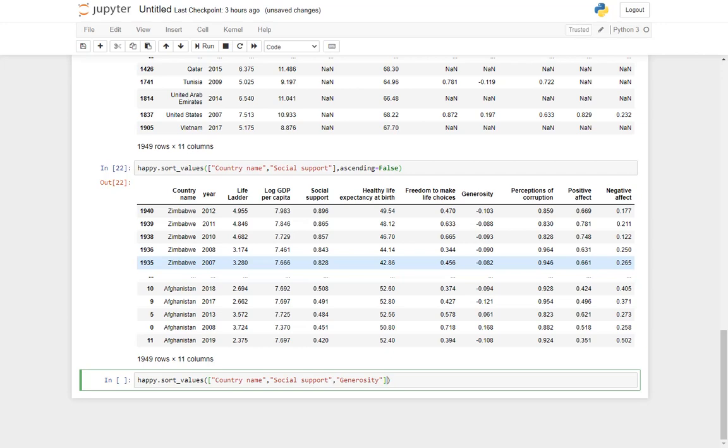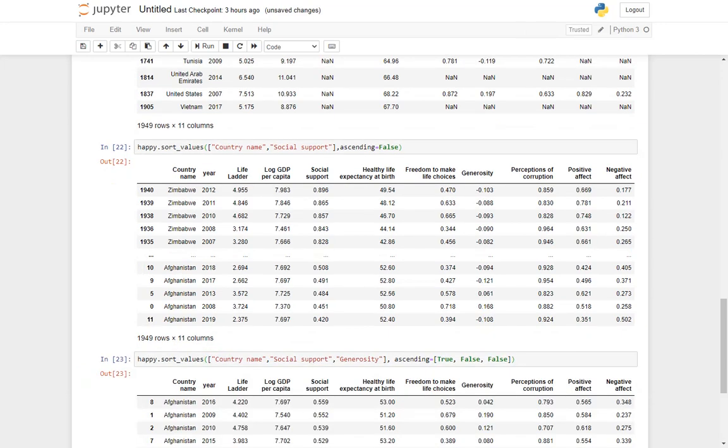Generosity also I would like to sort in descending order. So whichever columns you want to sort in descending order, you give a false value to that place, and whichever column you want to sort in ascending order, you give true to it. And then you press shift and enter.